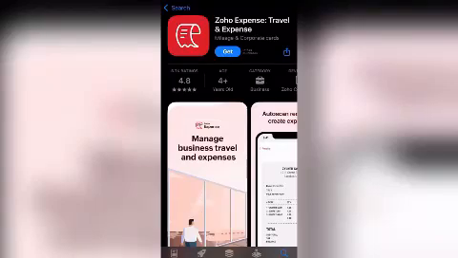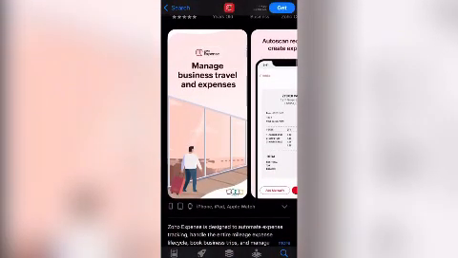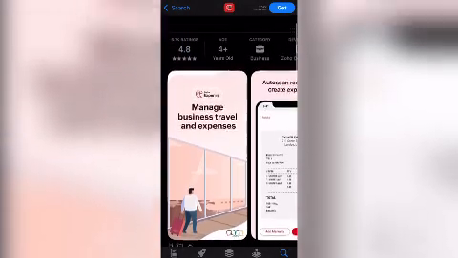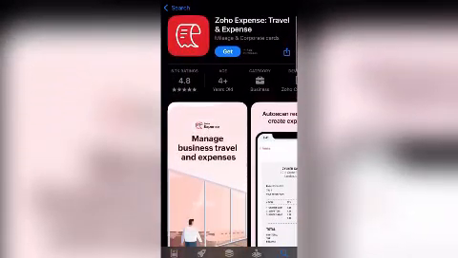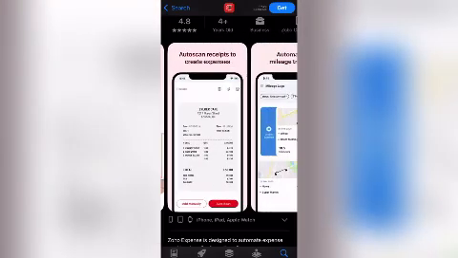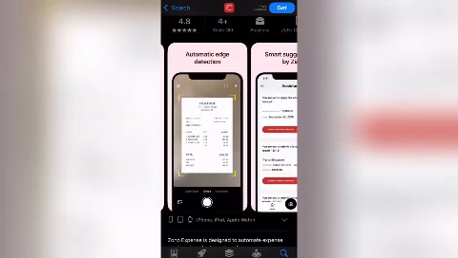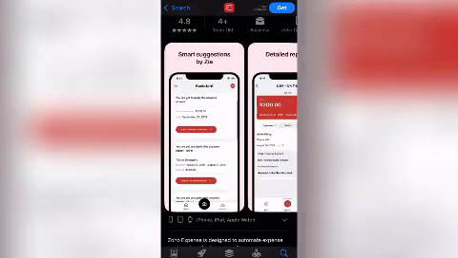Welcome to Tutorial Lore. Today, we're reviewing Zoho Expense, a feature-rich expense management app designed to help individuals and businesses streamline the way they track, report, and manage spending. This app is especially useful for finance teams, freelancers, and frequent travelers who want a more organized and automated approach